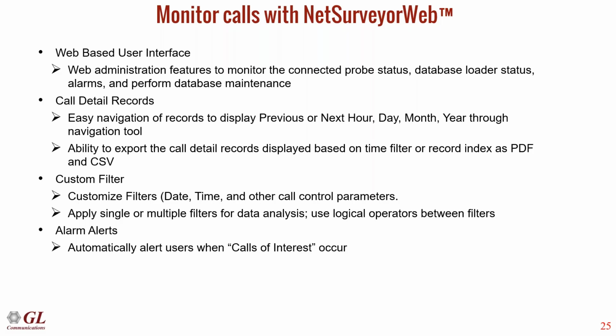Maybe all the calls have good voice quality, and all of a sudden you get a call that comes in with a score of like 2.3 or something. That has a poor voice quality score, so you can generate an alert when all of a sudden you have a poor voice quality score. The alerts are very nice, especially when you have hundreds or thousands of calls taking place. You can't just look through every single call manually. You need some sort of alert-based system. So that's what we can do with that.